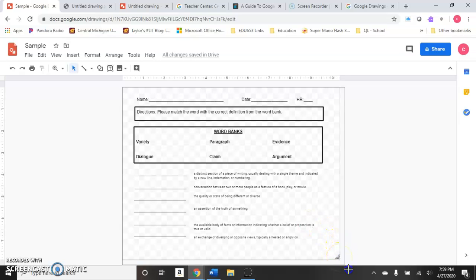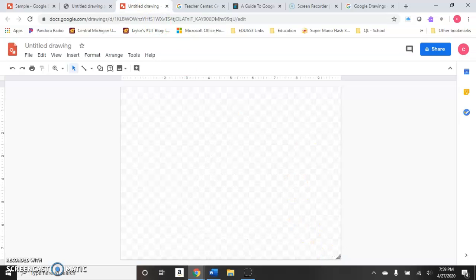I tried to make the page bigger, and when I would drag this out, it just did nothing. So I'm not really sure about the size of the document that I can actually make. I was really having a lot of issues with that. So this is a blank form,